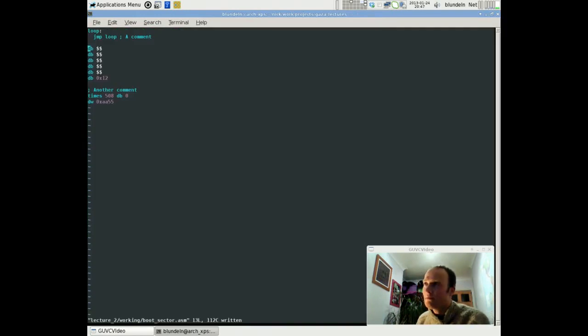So okay, that double dollar sign, it's just put zeros in here. Basically, the single dollar sign is the current offset in the file, the current byte. So this would be the address of this instruction, the offset from the start of the binary data, and this would be the next one, this would be the next one. But the double dollar sign just refers to the origin. In this case it's just 0, but we'll see that we can change that later on. Anyway, what this means is that if we write something like this,